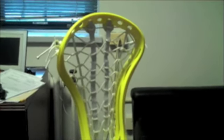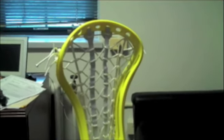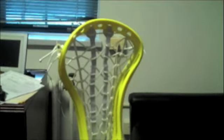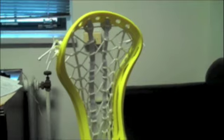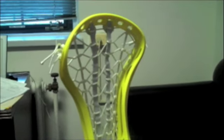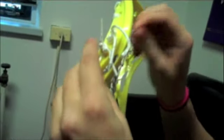There are some rules on how low you can bring that bottom string. You don't want to bring it too low, but you want to experiment and see where you like it. There's a couple ways to string these shooting strings, and we're just going to show you one way. We're going to start and loop it through one of these larger holes. This one we're using that second large hole from the top,